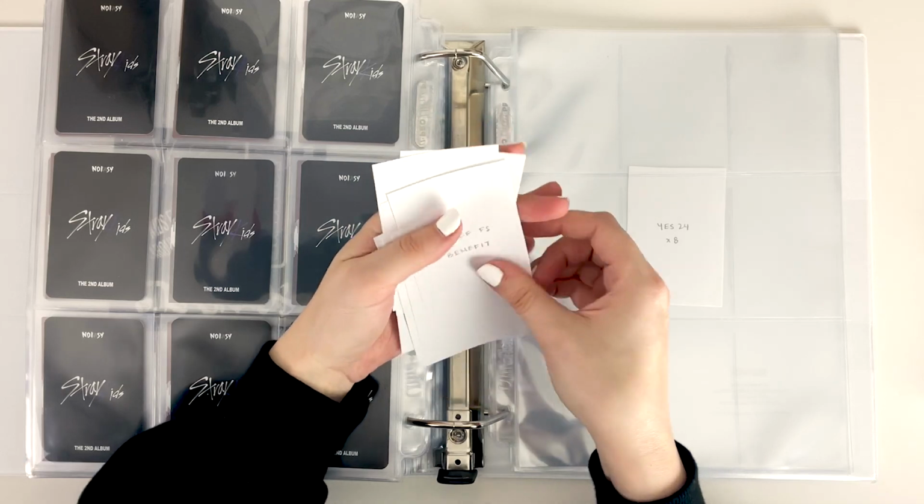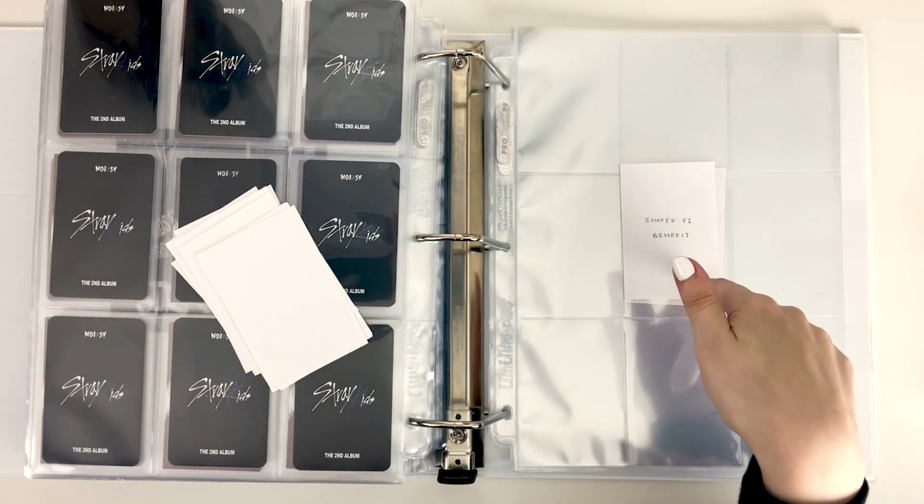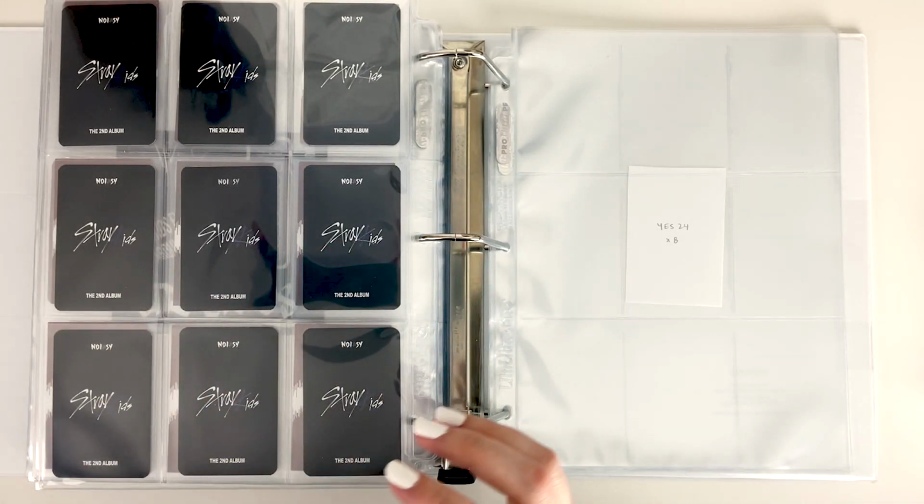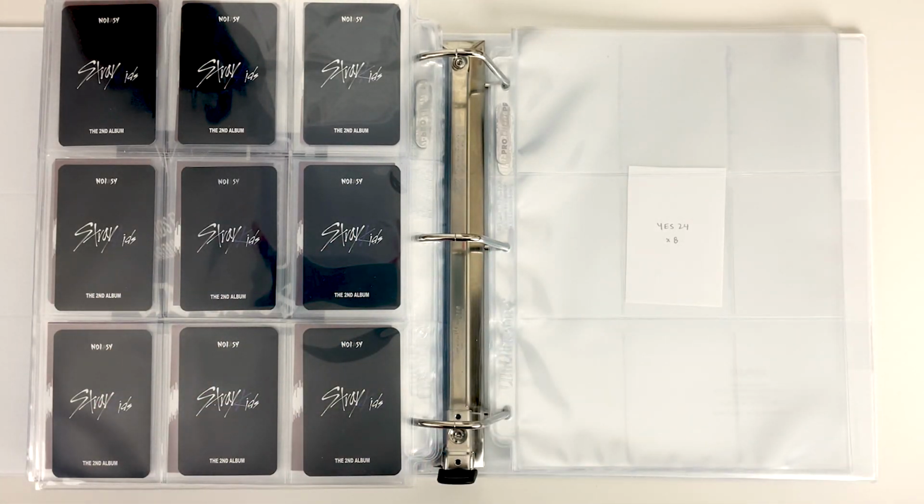going back for a second, originally I thought I was gonna collect the Shopee benefits. Those have become impossible to find. I haven't even been able to snag Chan's, where at this point his is the only one I'm gonna collect. So instead I